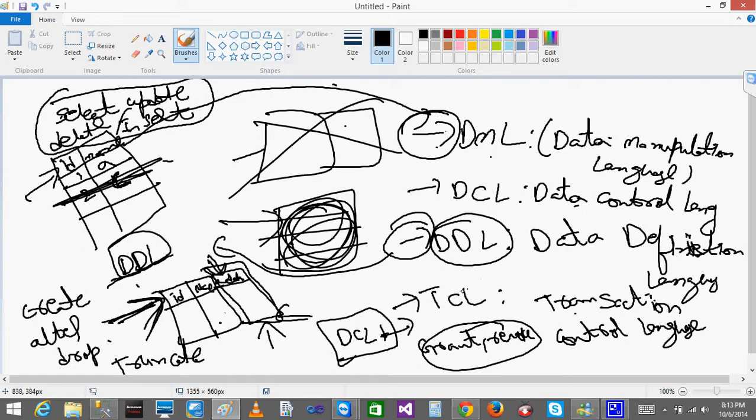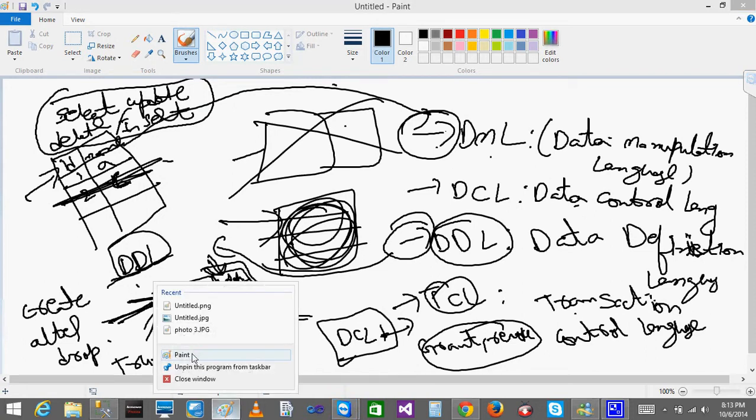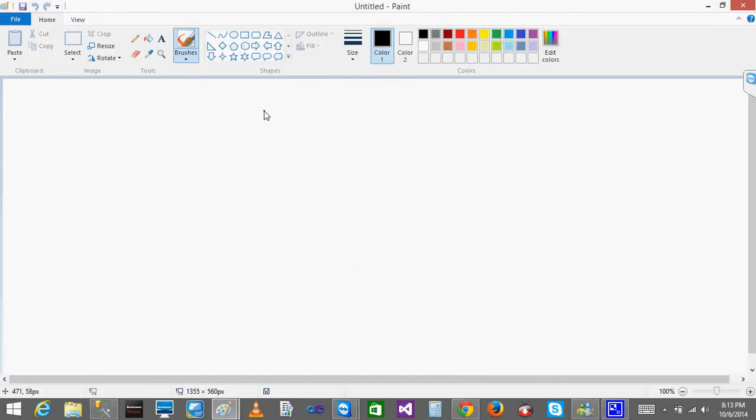Next, the last and final one is TCL. TCL is nothing but the transaction control language. I am going to explain in detail. Whenever you want to control the flow of data, it's like in some games, step by step levels. If you complete level 1, only then will it let you go to level 2. Suppose in level 1 you need to complete up to a certain point and you completed only half, the game will fail and you are out of the game, and next time when you start, you need to start from the beginning.